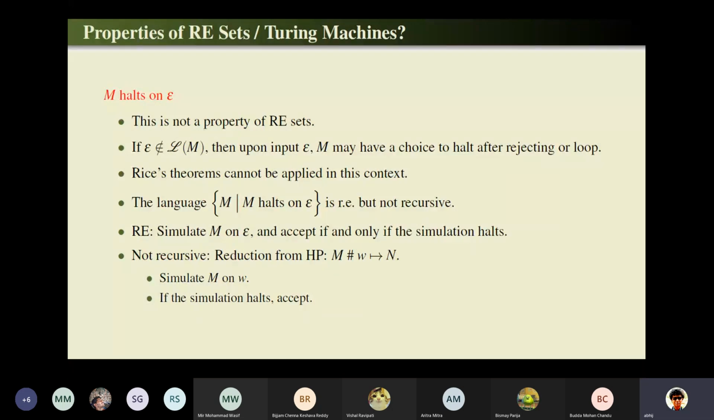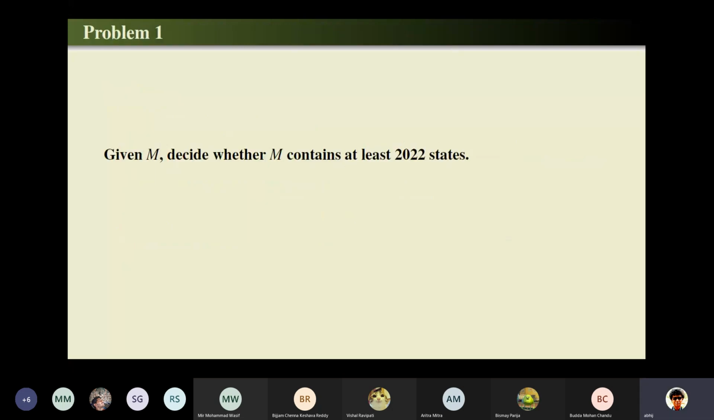So Rice's theorem does not apply here. So we have to do some kind of reduction to prove non-decidability or non-semi-decidability in order to settle this question. Okay. So that's it. Now I will tell a little bit, some 4 or 5 examples